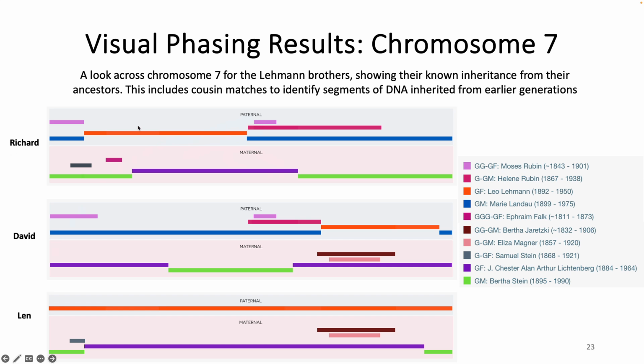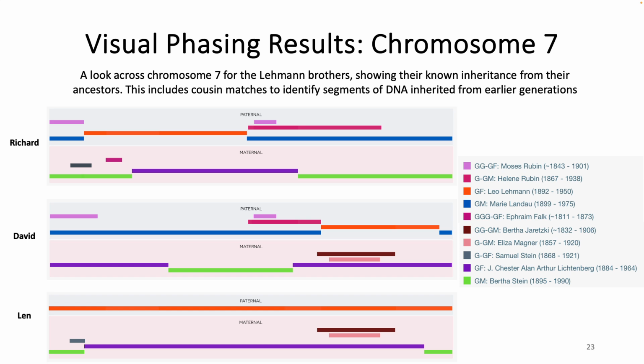So for instance, for Richard, along this Landau side, he inherited a very big portion of this is actually from his great-grandmother, which was Marie's mother, Helena Rubin. And an even smaller segment of this is from Helena's father, Moses Rubin, and we can infer that from the DNA. And likewise, on the mother's side, we have some DNA that is from